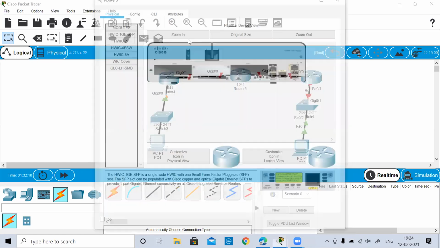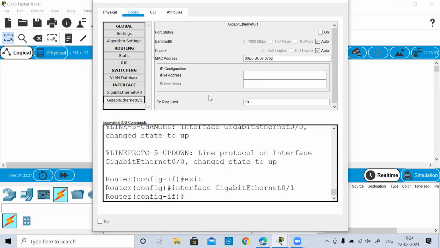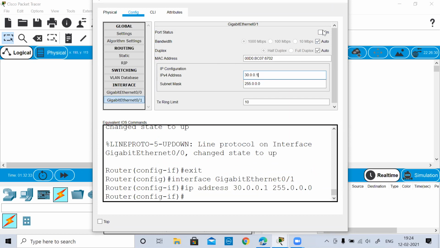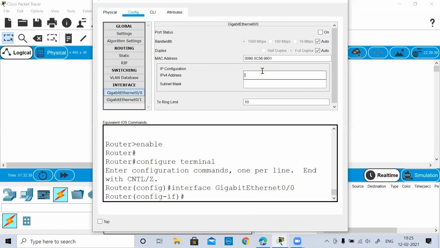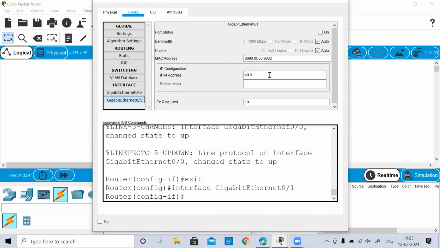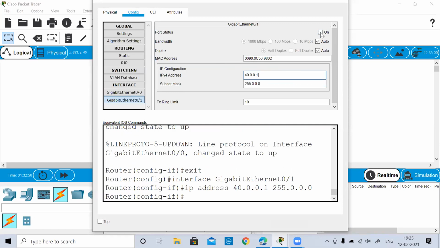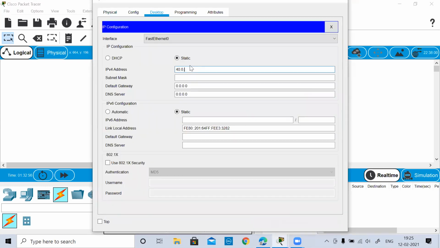This is done. We'll go to this one, again 0/0. 20.0.0.1 is already given, so I'll take it as .2 over here. Hit enter and turn it on, and go to this interface, say 30.0.0.1. Hit enter and turn it on. Now we are on this 0/0. We say it as 30.0.0.2 because .1 I've already taken. Hit on, and then 40.0.0.1 I will take here and hit on over here, and this PC I will give as 40.0.0.2. Okay, so all the IPs have been given. Give the default gateway as 40.0.0.1.